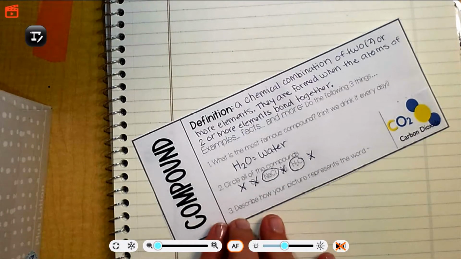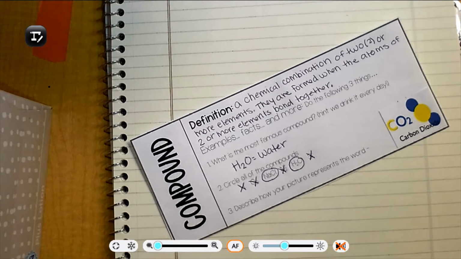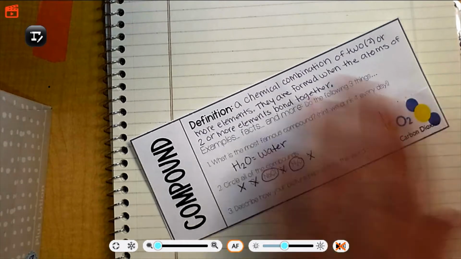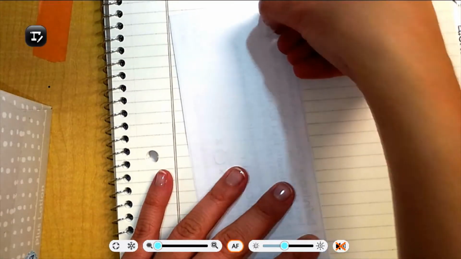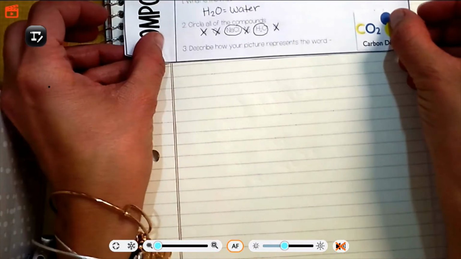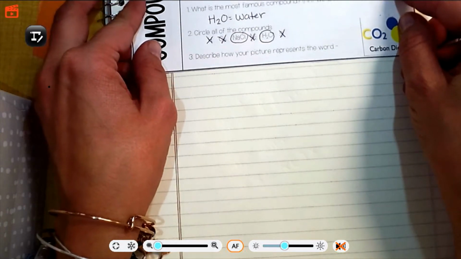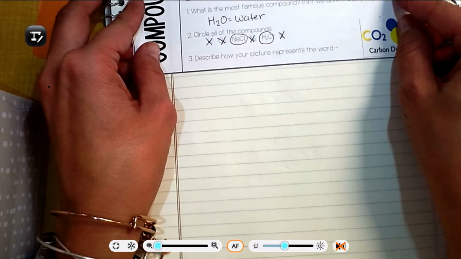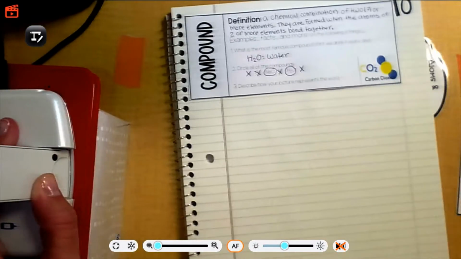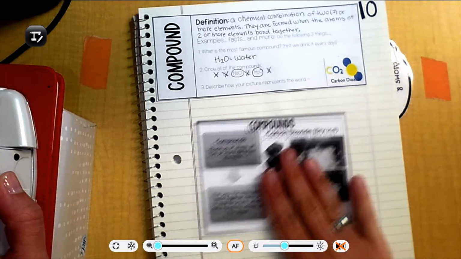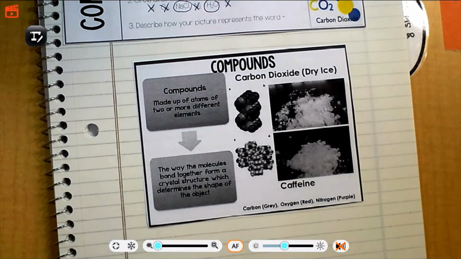So don't forget to answer question number 3. How does the picture that I picked out for you represent the word compound? So you're going to get that stuck in up here at the top. Not too high, not too low. Got plenty of space on this page, but we're going to have to do a little bit more writing later. So I just got that stuck up at the top. And you're going to get this guy and a highlighter, a marker, a colored pencil, something to